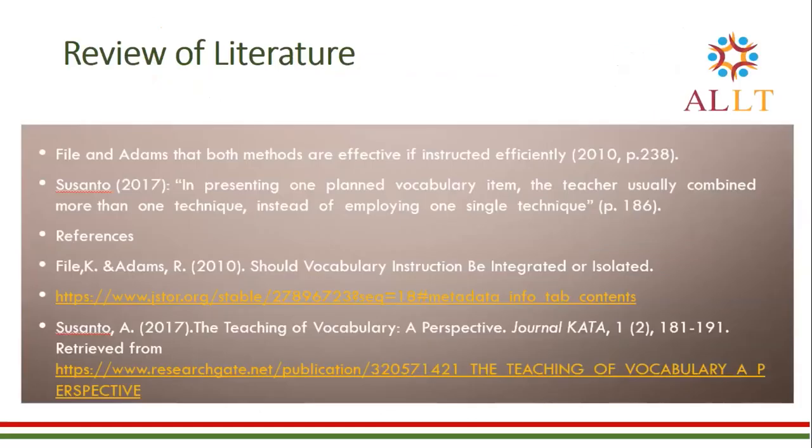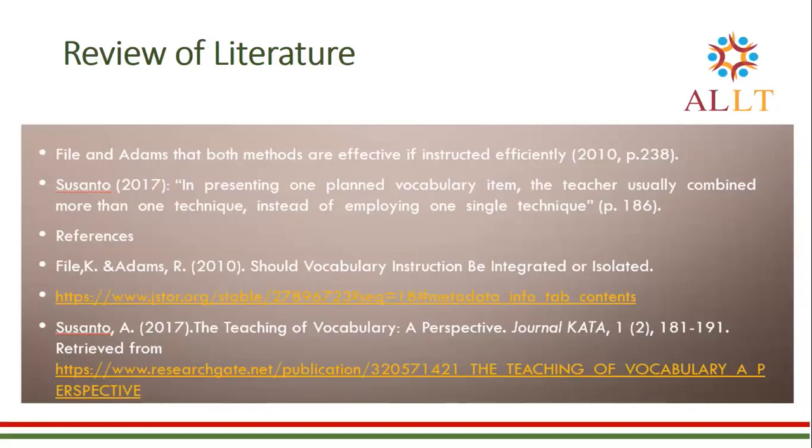Before I start the presentation, I'd like to go briefly over some review of literature. In research, there are many arguments on the best method or approach to teach vocabulary. Some scholars argue that the best way is through providing students with the meanings, definitions, objects, visuals, to help your students understand vocabulary. Other